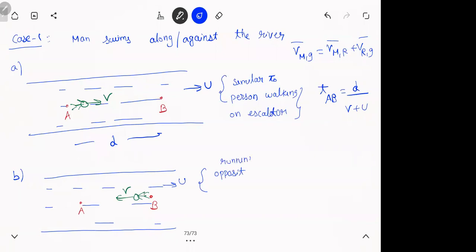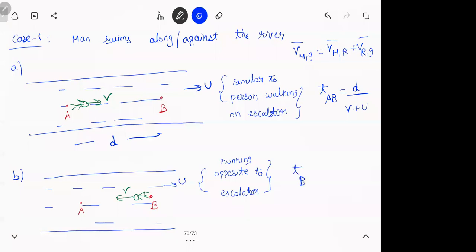I must have done this when you were a kid. Now they keep a security guard to make sure no one does this. Running opposite to the escalator. We used to do this in Chennai. We used to go for the movie, second show. So after 12:30, 1 o'clock, when the movie gets over and the entire mall is empty, no one is there. We used to play on the escalators like this till 2 o'clock. Then they used to kick us out.